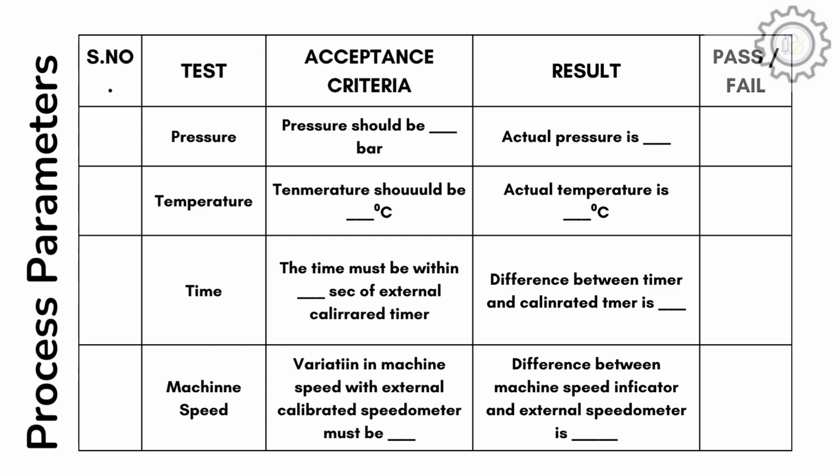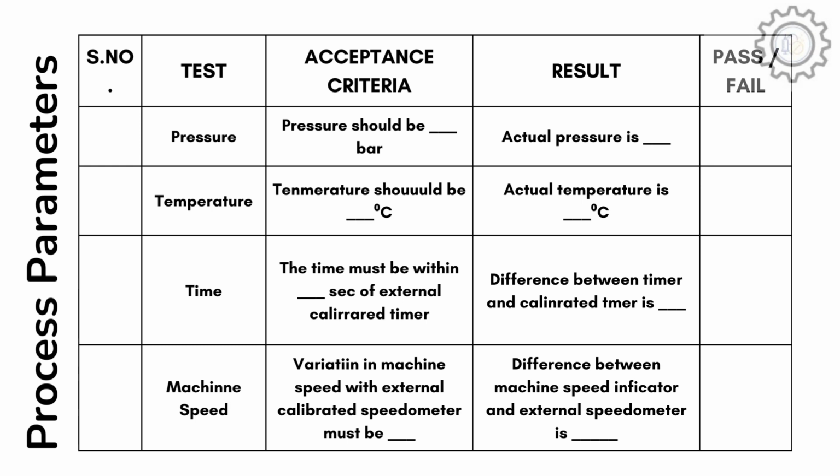For the pressure related equipment such as the autoclaves and vessels, its acceptance criteria is defined. For example, in case of autoclaves, acceptance criteria of chamber pressure can be 15 bar. Test is then executed to measure the pressure and its value is recorded in result section. In the final column, test is marked pass or fail after comparing the result with the acceptance criteria.